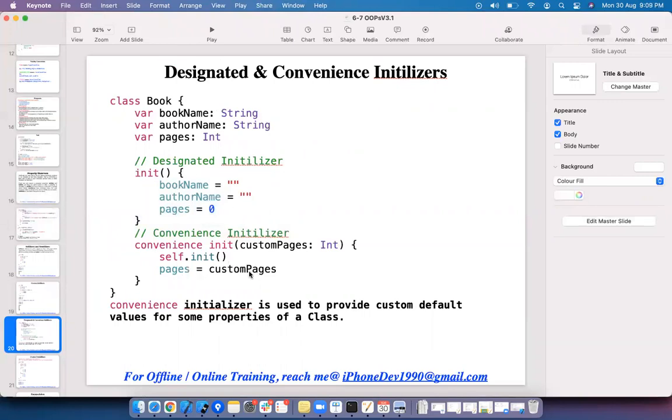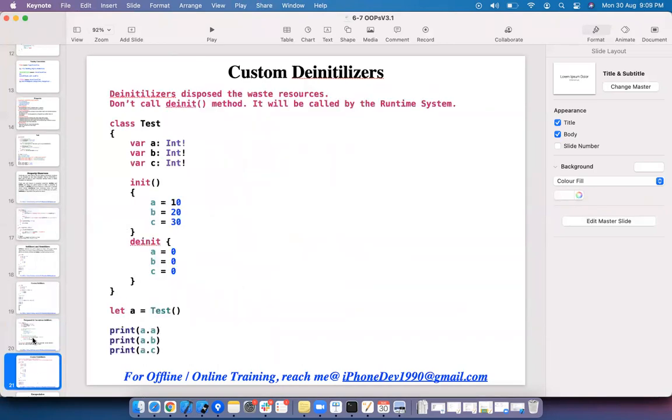Then I am modifying the value with the custom values. Convenience initializer is used to provide custom default values for some properties of a class. Only some properties of a class you want to set custom values. That is the convenience initializer and custom initializer.